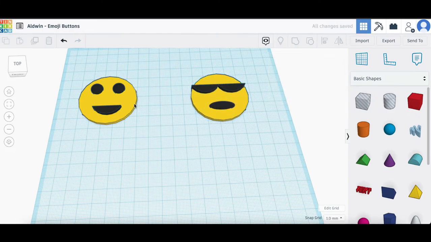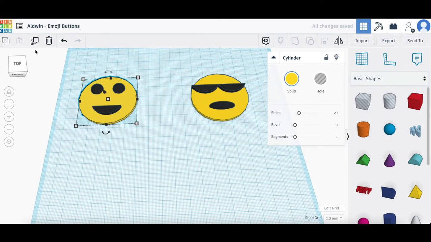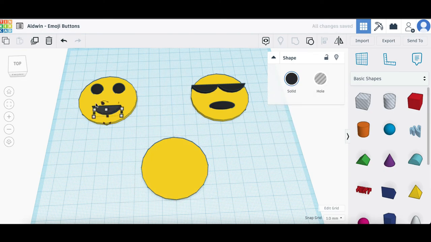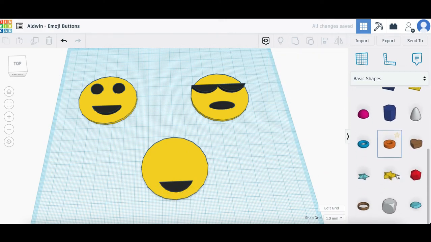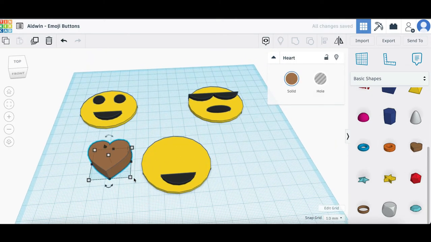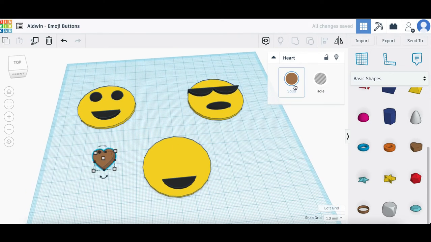For our third emoji, we are again duplicating the face of the first emoji. Put it here. We will use the same mouth here, so duplicate it, clicking on it and the duplicate button. Put it on top of your face here in this emoji, and we will be using the heart shape for the eyes. Adjust the size of the heart shape, make it a little bit flatter in here, reduce the size of it or the height, change the color, put it on top,